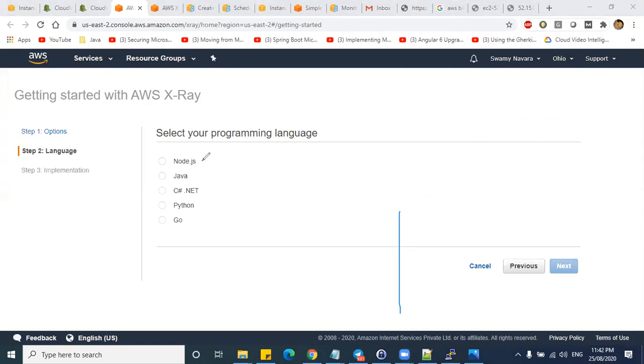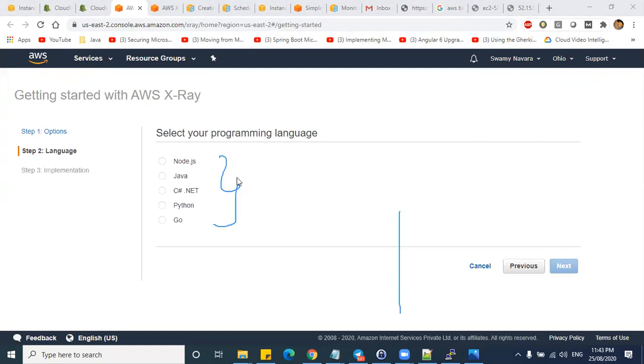Okay. So basically, if you see here, the limitation is that you are saying only these kinds of programming languages. As of now, AWS is restricted to Node.js, Java, and the other few things you are showing on the screen. Nowadays most applications are built with these languages, right?